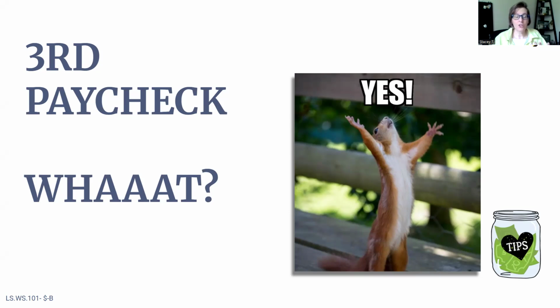Our spring usually comes in the spring. 2025 is weird because January was a third check, and I think August this year is a third check for us. But usually it's the spring, and so the spring check, the extra, we would pull a little bit out to do some gardening, landscape stuff. And then the one in the fall would usually be where we would get our Christmas money, because you probably saw I didn't do Christmas. That might be super important to you, and you might want a Christmas budget. It's all up to you.